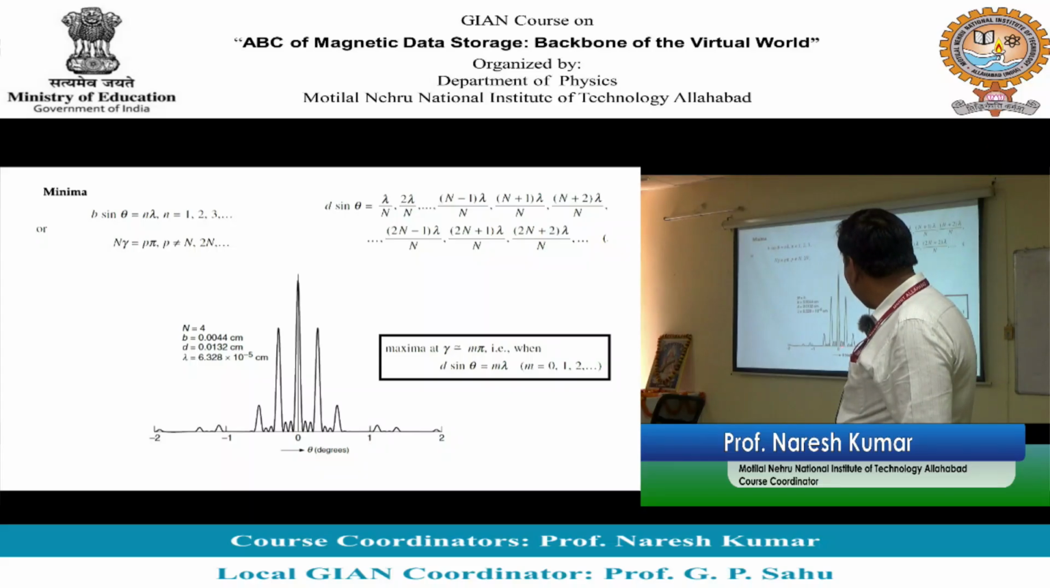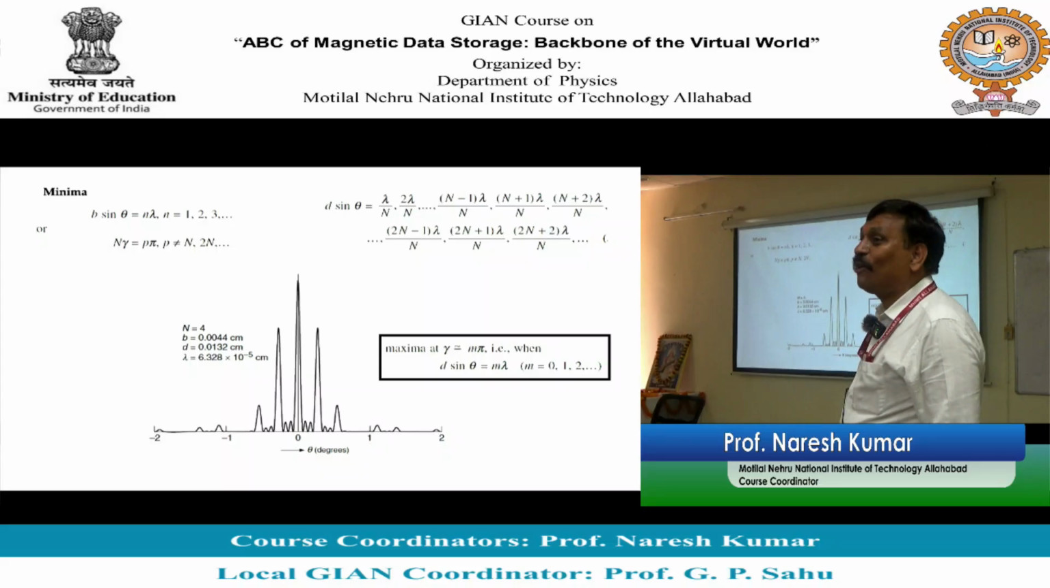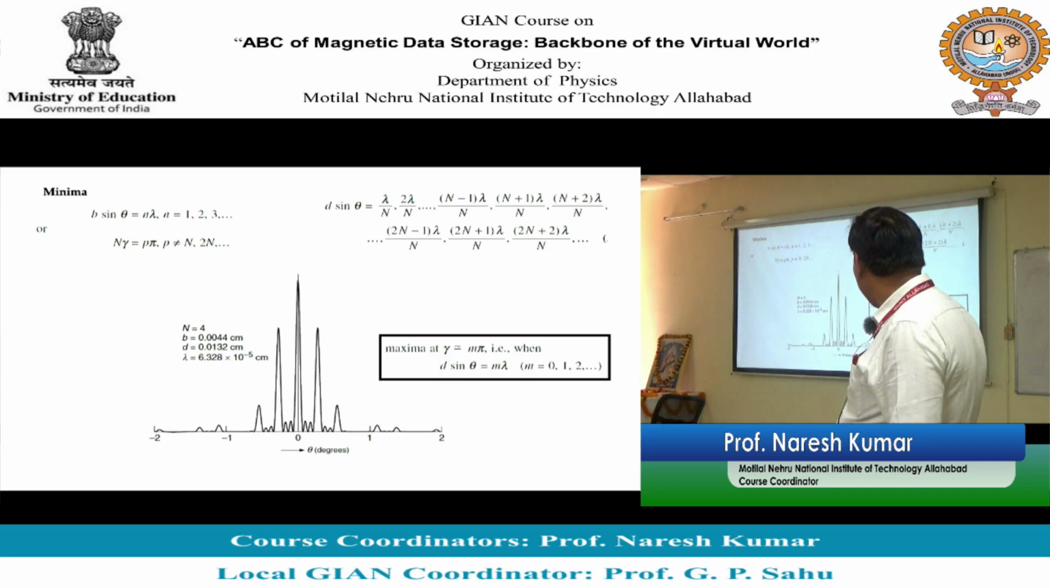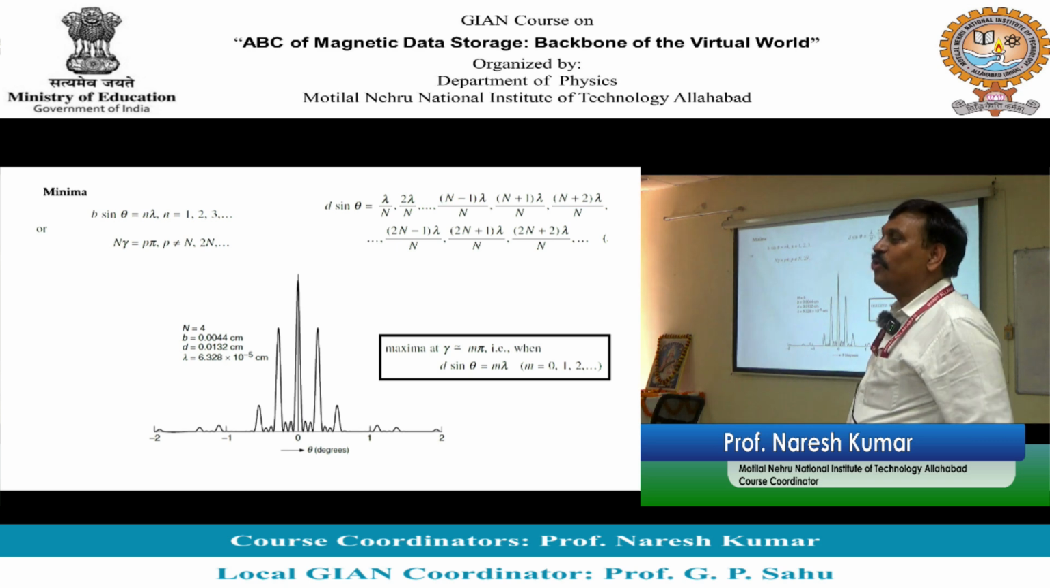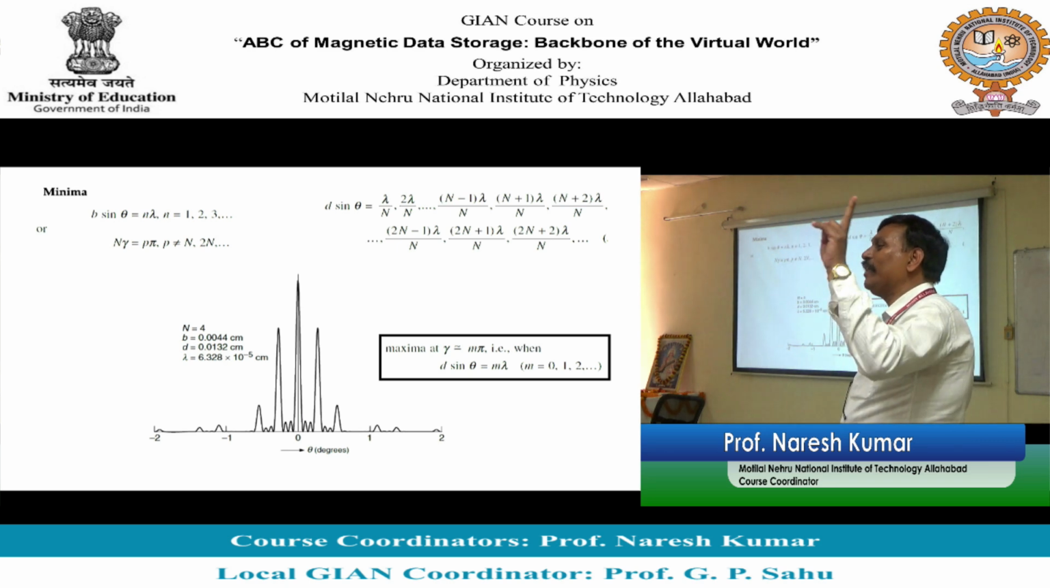This minima, this minima, and this minima, these are the minima corresponding to interference. ये minima कौन से हैं सर? Interference के minima. और what is this minima जो यहाँ पर आकर गिर रहा था? It was diffraction minima. So between two principal interference maxima, there will be